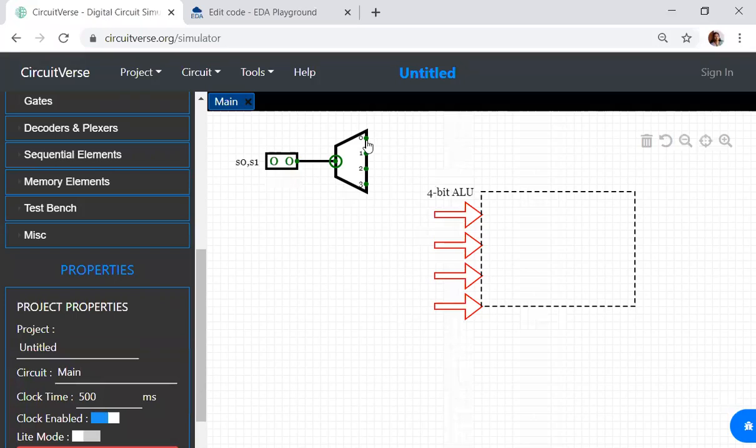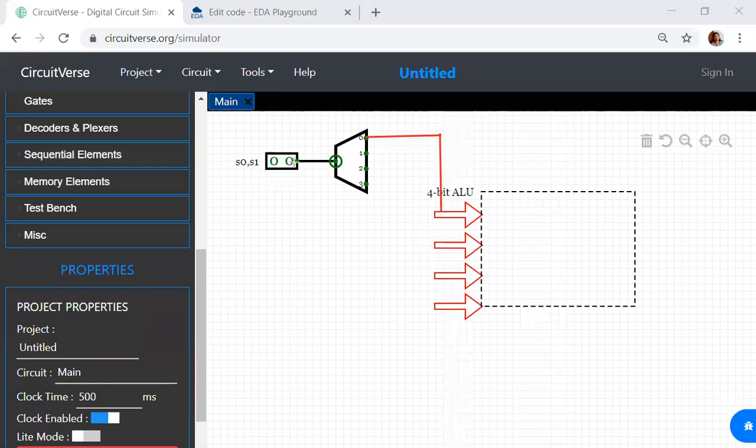We know that. So I'll connect Y0 to the addition operation, which indicates that the addition operation will be performed.